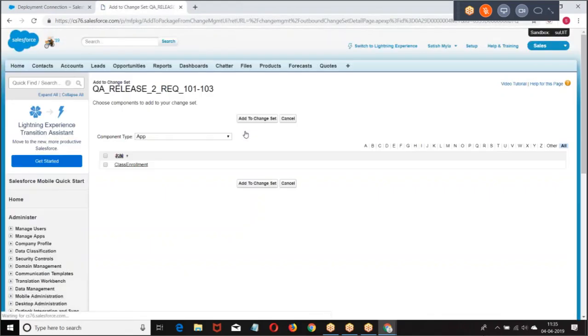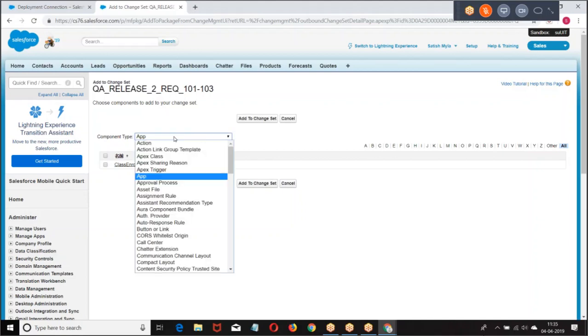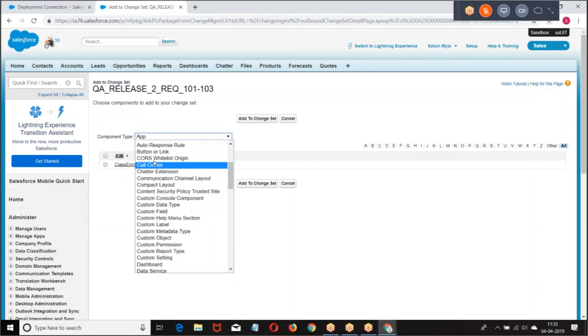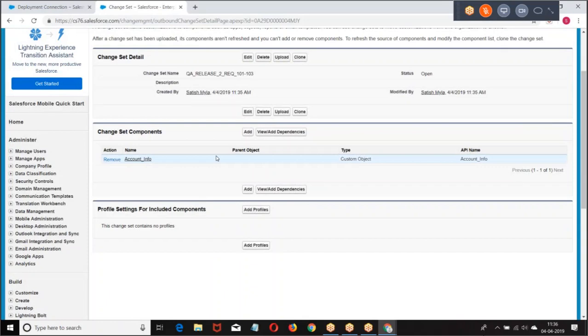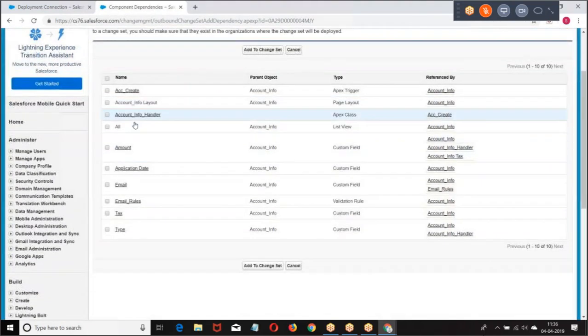Add. So I will go with the objects first. Account info, add the object. Now we have view dependencies. Every field should be added separately.